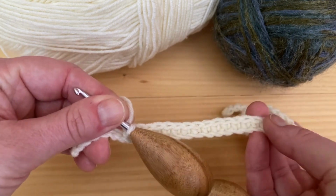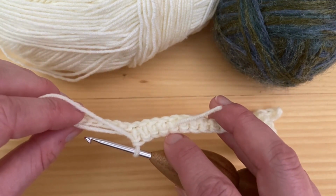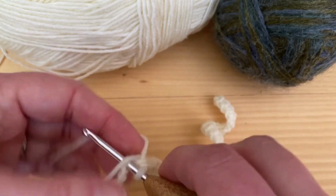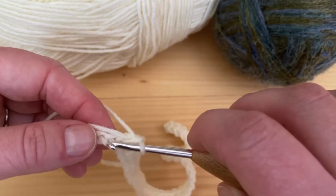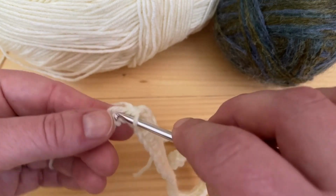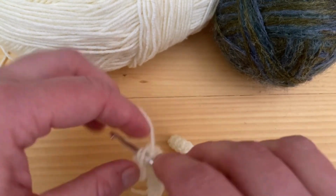So I did my chain row just to catch you up. I did my chain row and now I'm coming back with the single crochets. And I did just want to show you that I'm working the tail into the project. So I'm just working single crochets right over that tail. And then once I get to the end, what I'm going to do is pull the loop that's on my hook. I'm going to make it into a giant loop, and then I'm going to pull the yarn through that loop,